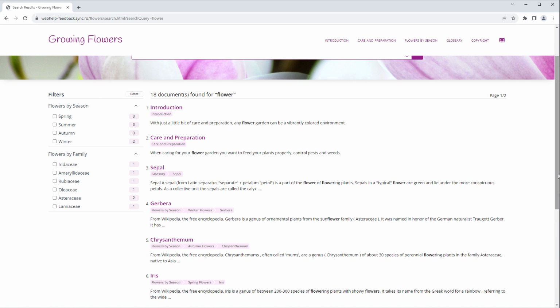content. That concludes this tutorial about replacing the default search engine used in WebHelp responsive output with the Oxygen Feedback